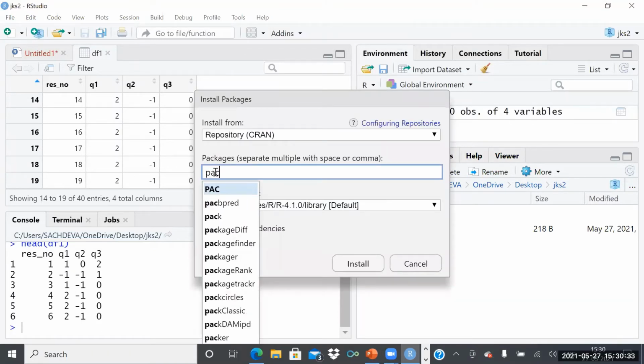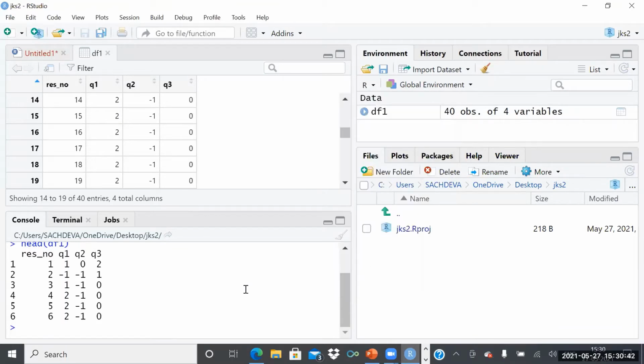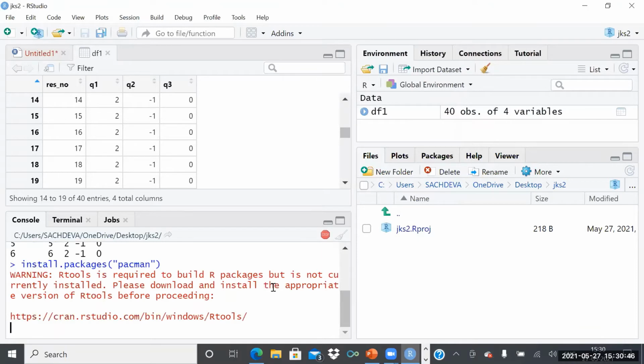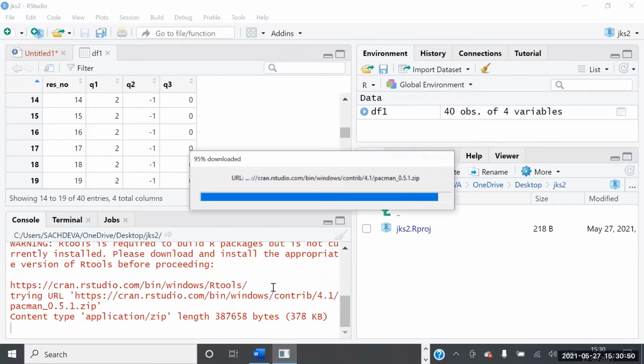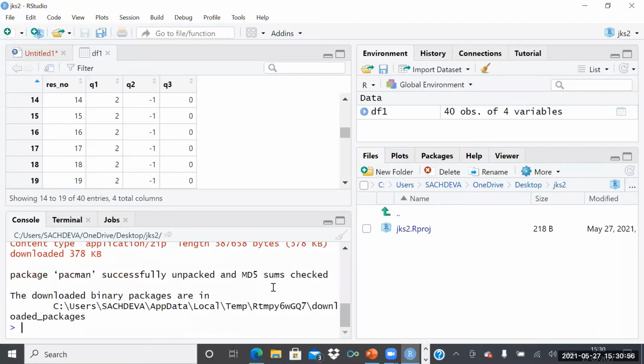My demand is that pacman should be installed. So I'm going to install it. It is going to take some time. When we started this project, we should have installed the package, but we could not. So I am going to install this package.